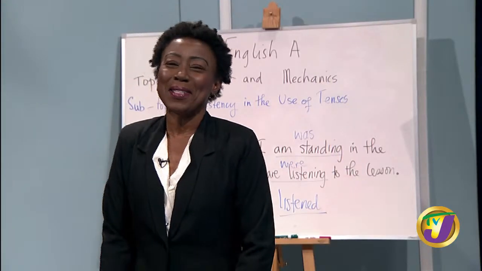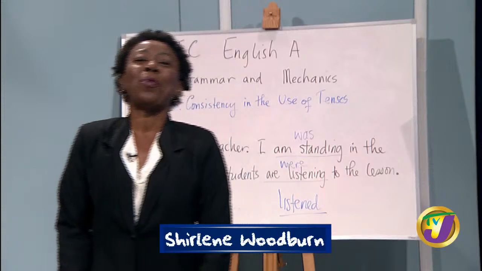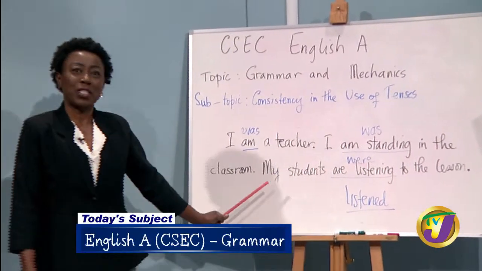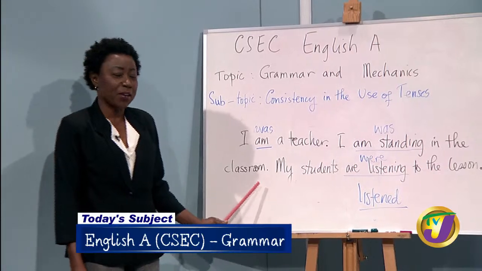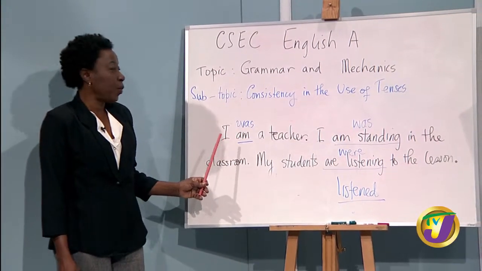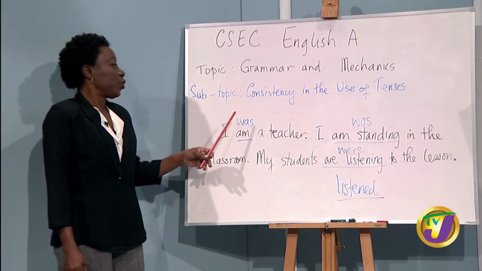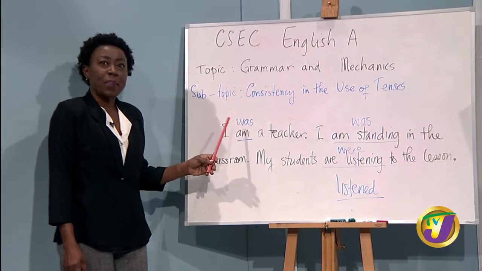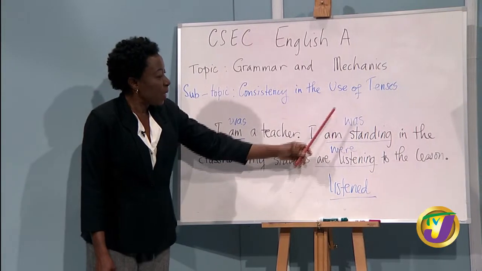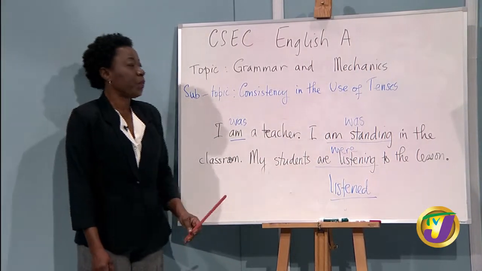Welcome back to class time. Let us pick up from where we left off. We were finishing up the switch in tenses right here. And we had looked at the past tense. So what we did was we wrote it over in the past tense. So am became was, okay, am became was, are became were.